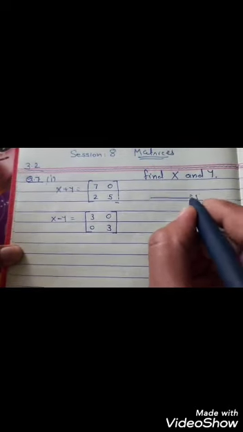So same way here in matrix, let us say this as equation number 1, equation number 2. Now here we have x plus y and x minus y. So adding equation 1 and 2 will give you x plus x, that means 2x, plus y and minus y cancel. So it is equal to the addition of these two matrices, [7 0; 2 5] plus [3 0; 0 3]. So the answer will be here.